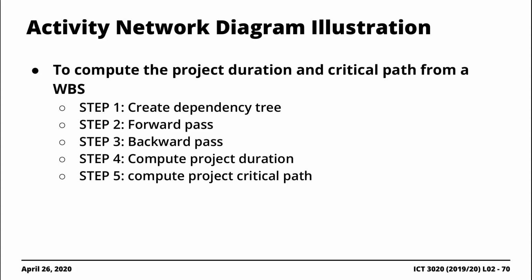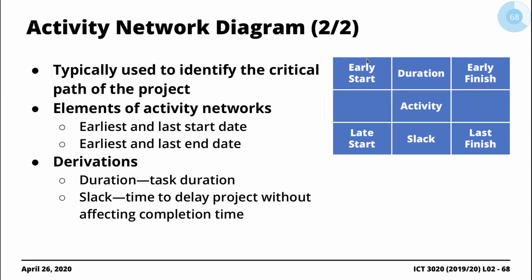And then we go through what's called a backward pass so that we can compute the slack associated with the different activities. And then once we are done with that, of course, at the end, we compute the duration, and then we also identify the critical path and the slack values associated with the different activities. So forward pass, backward pass, and in the process, we'll also be computing